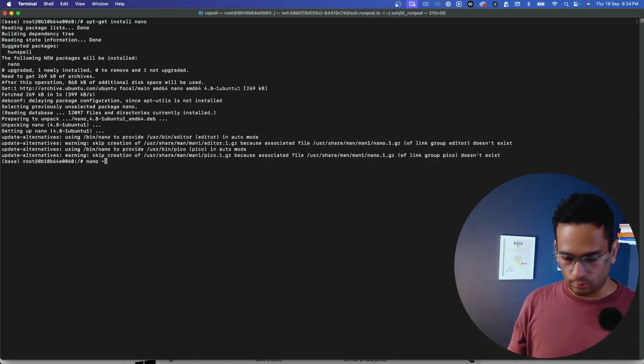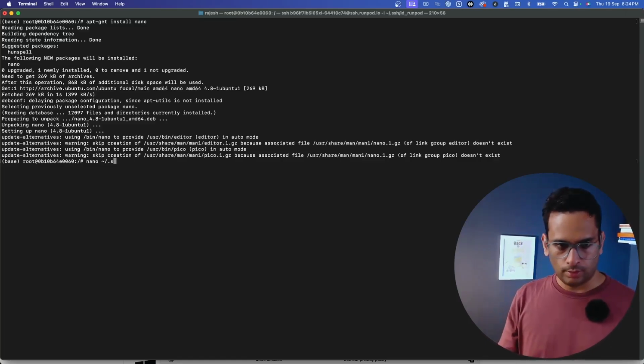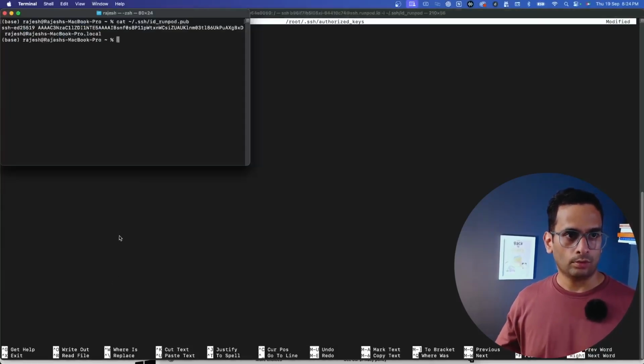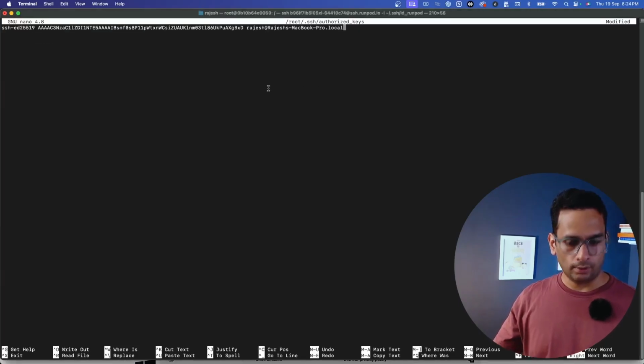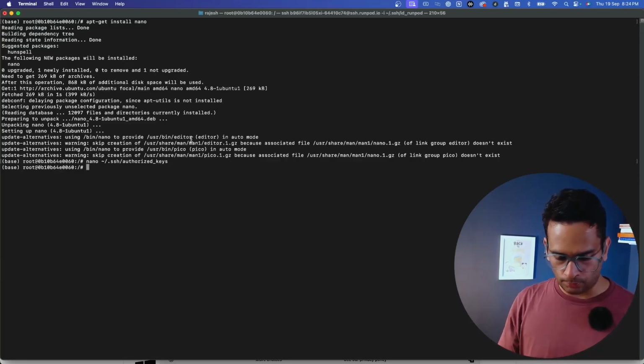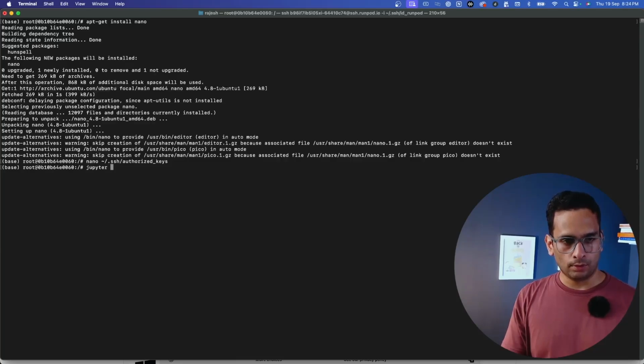So we go nano, and then SSH authorized keys. We need to remove this one, and we need to put my local public key. I did that. Now we save it, and now we can just start the Jupyter server. Jupyter notebook allow